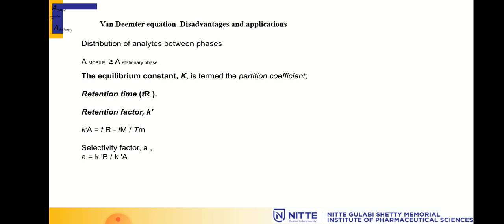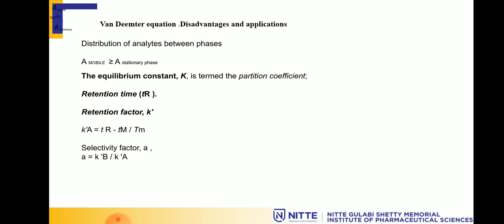Let us now come to the retention factor. What is a retention factor? It can be described as the migration rate of analyte on a column. How do you calculate this? You calculate it as TR, the retention time of the sample, minus TM, the retention time of the mobile phase,